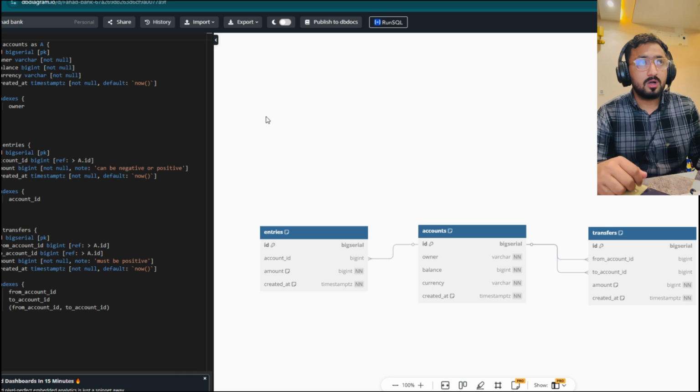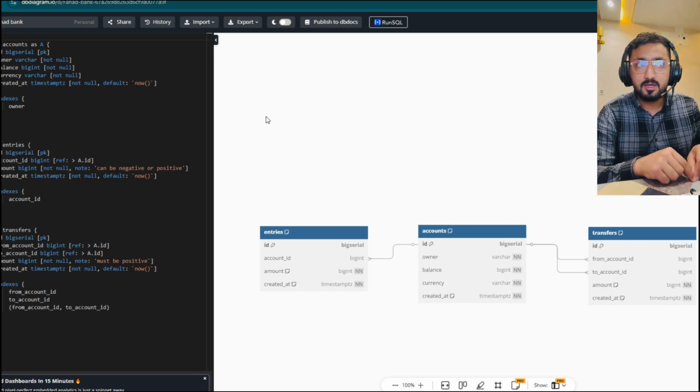So I use dbdiagram.io because we are not actually database engineers. We're working with Golang, but we sometimes have to work with database due to some requirement of the company. So we have to work with database in CDC, like creating triggers or stuff like that. So that's why you actually use it. So I will prefer you to use dbdiagram.io in 2025.